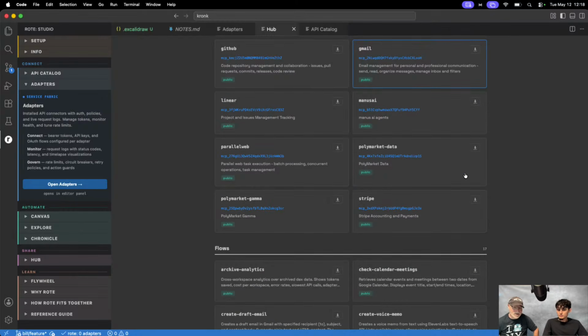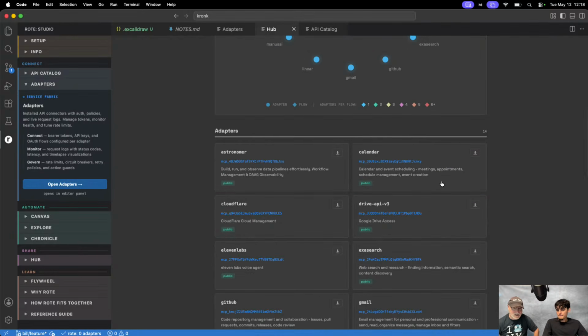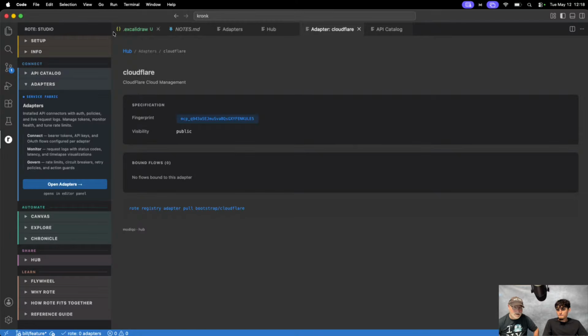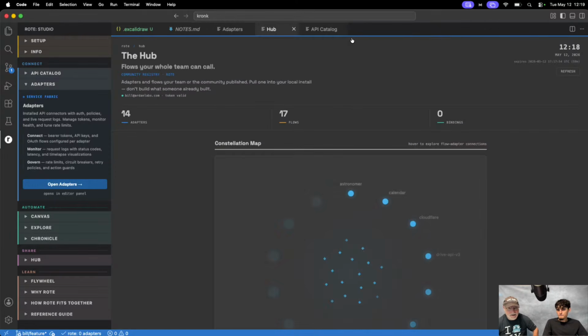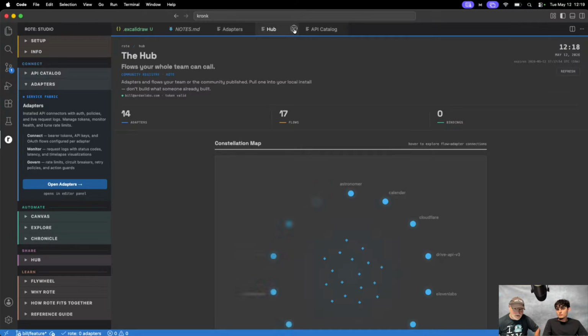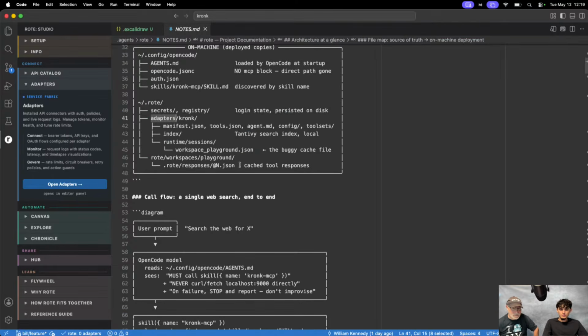And so they're building this whole community of adapters, so you don't have to basically develop them yourselves for all of the different products and services that are sort of already out there, right? You just get all this for free, which is sort of cool. Now, Cronk MCP would never be in this hub because it's not that generalized of a service, right? So we'll have to create our own adapter. But creating the adapters is not hard.